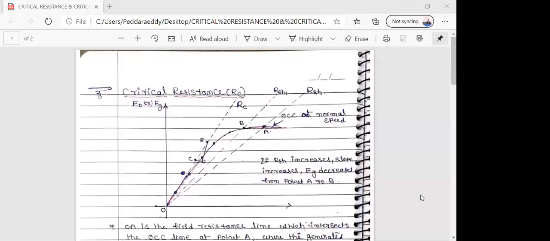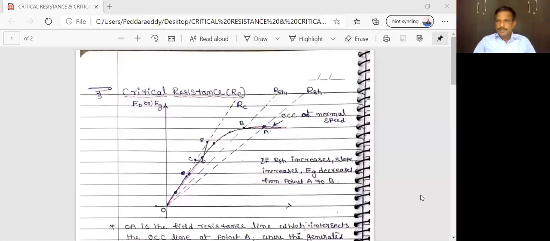So in this class, we are going to discuss two important points more. One is critical resistance. Another one is critical speed. Okay. So coming to critical resistance,